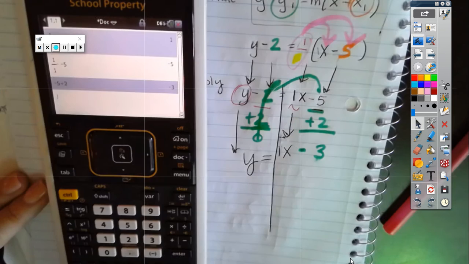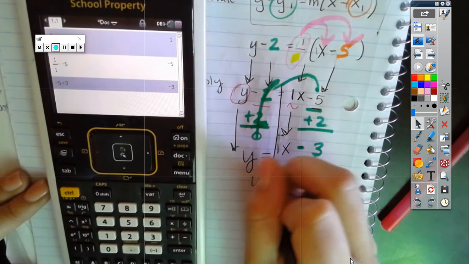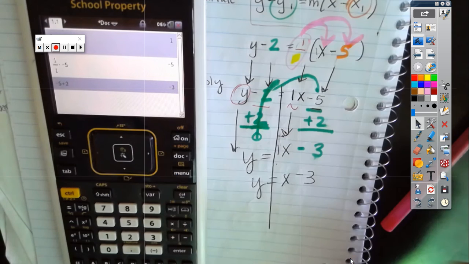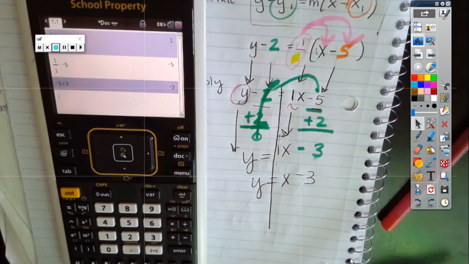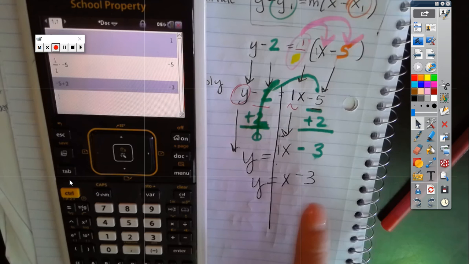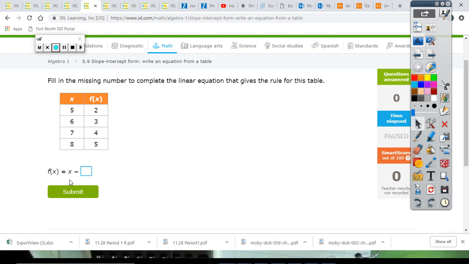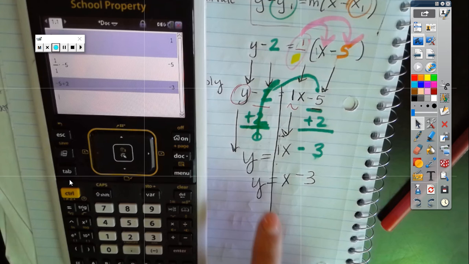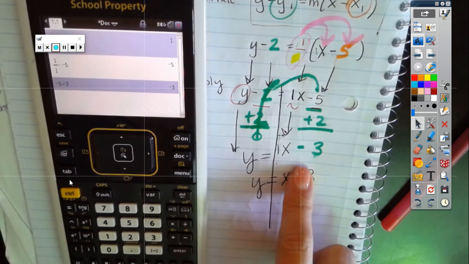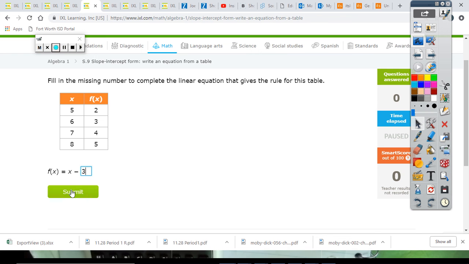Now, the way it's going to look on iExcel is they don't write ones. It's just going to be x minus 3. And if you have 0, then they don't write it at all on iExcel. So, on here, it already has part of the answer for me. Do you see that? How it has f of x is x minus, what did I get? X minus, not negative 3, because I put the operation for minus, because it's negative. Got it? If it were positive, you'd put plus, because we want an operation there. Alright,